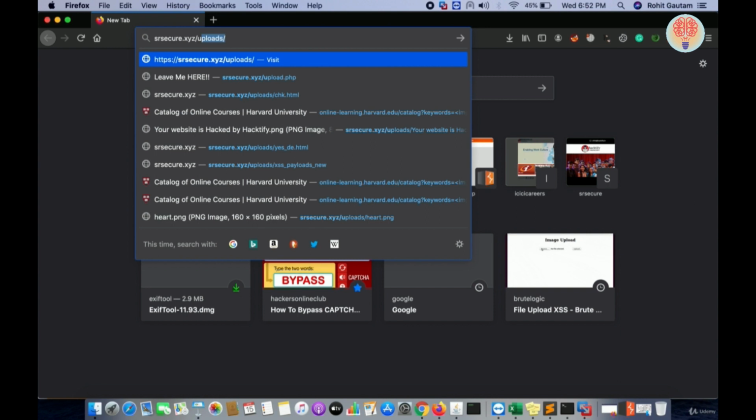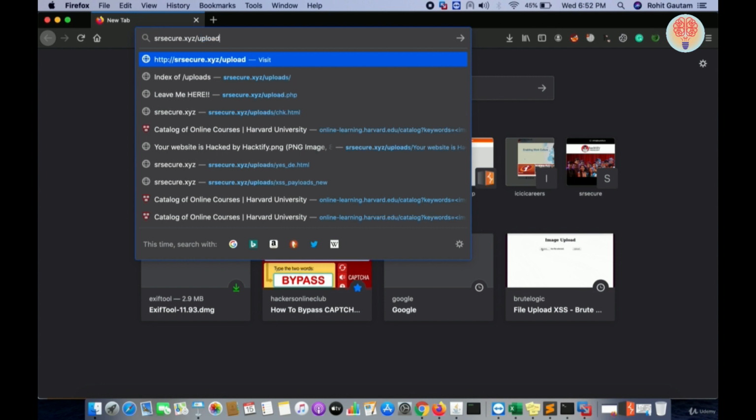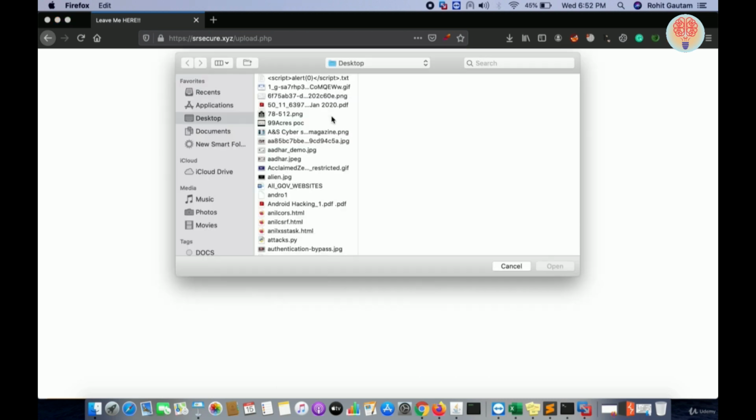Hello everyone. So in this video of XSS exploitation through file upload, we are going to see one more way through which we can do XSS through file uploads. So what basically I'm going to do is upload a file onto this application, wherein the application allows file uploading functionality. I'm going to upload a file which I just